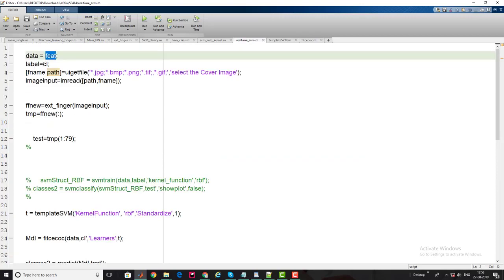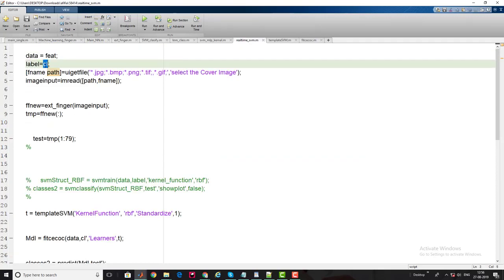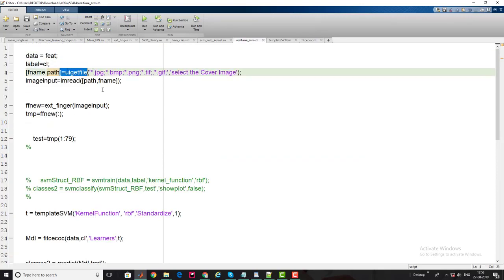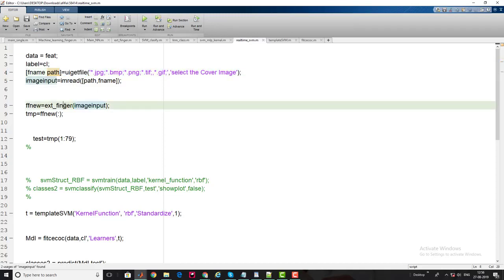I'll load my feature vector and label vector. Thereafter I'll choose one of the images from any subject. Then I extract the features, using the same function for feature extraction.